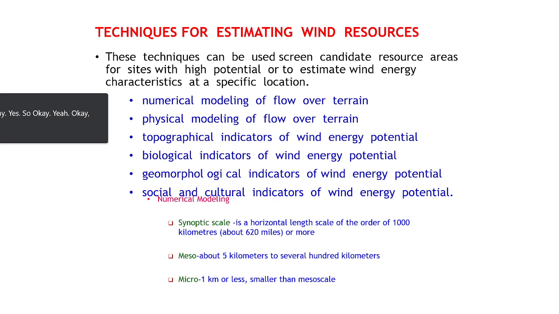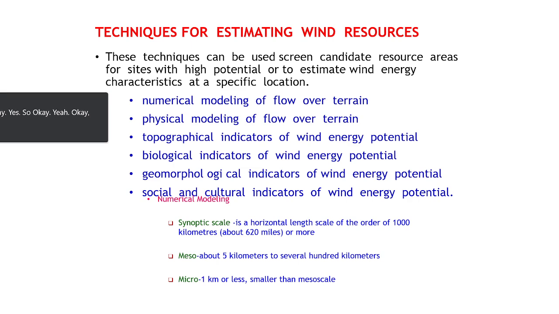Suppose there is a steel painted surface, depending on the wind damage pattern on the painted surface, these are all topographical indicators. So the rest everything will come under biological. Geomorphological, biological, and